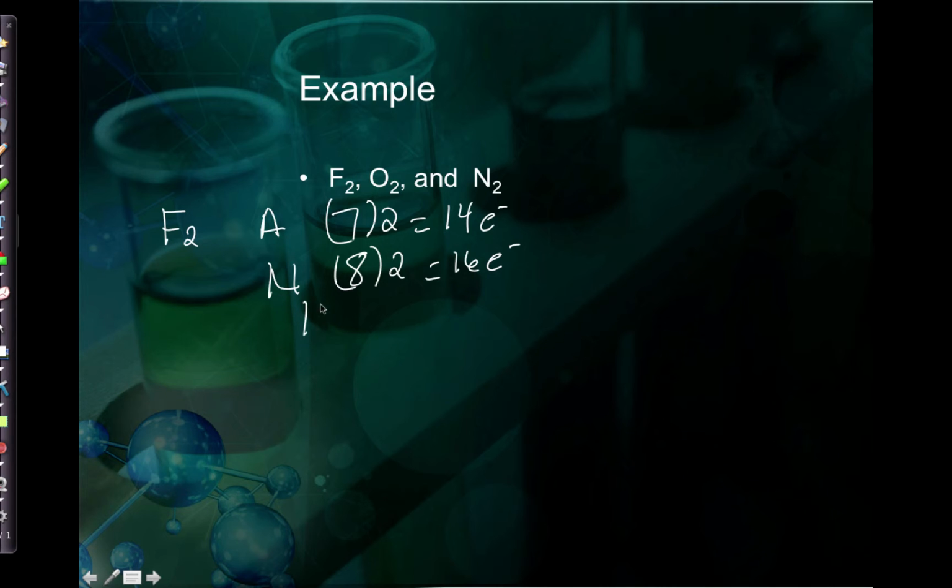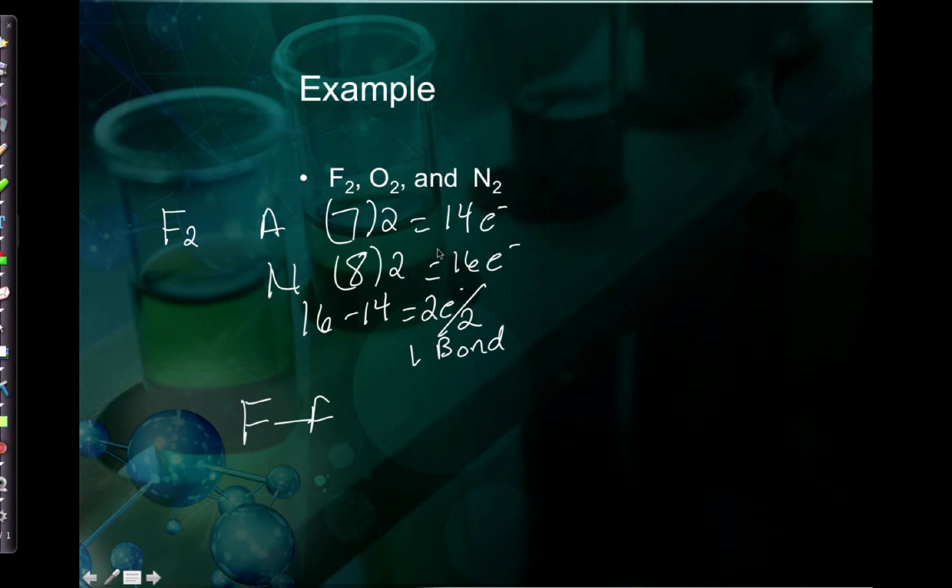To figure out my bonds, 16 minus 14, needed minus available, equals 2. And then divide that by 2 because each bond will be 2 electrons, so it's 1 bond. And if you look at my tips, usually the halogens will only make 1 bond anyway. So it's only wanting to make 1 bond in this one. All right, so I have 1 bond,